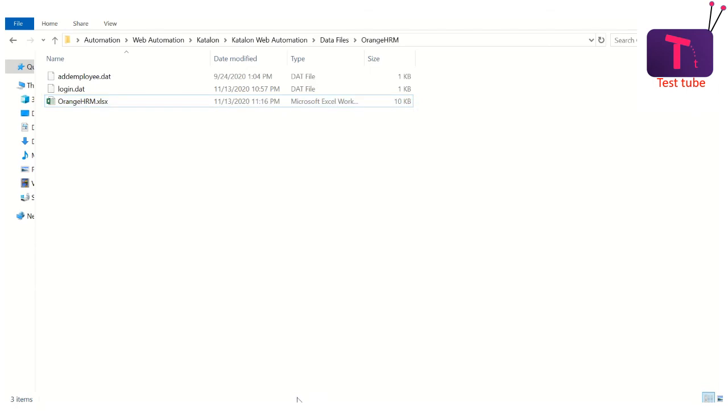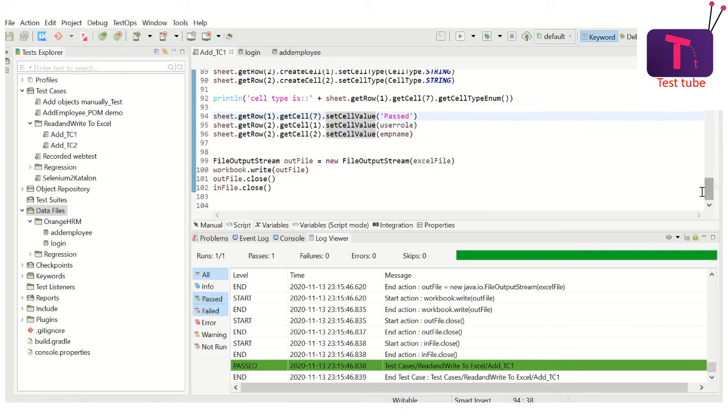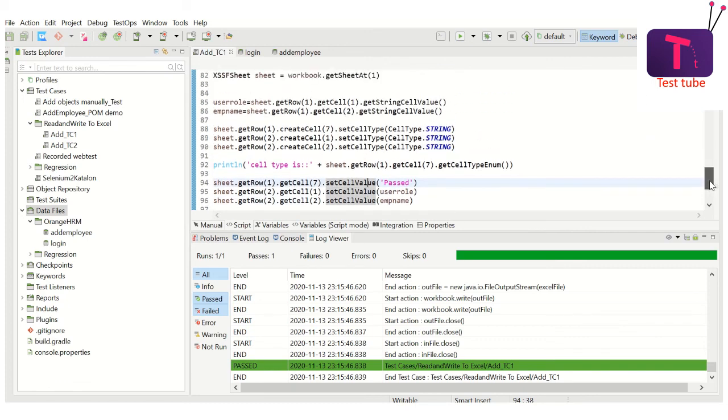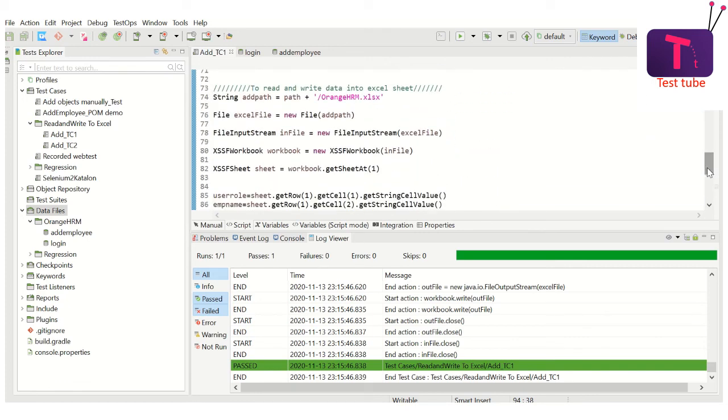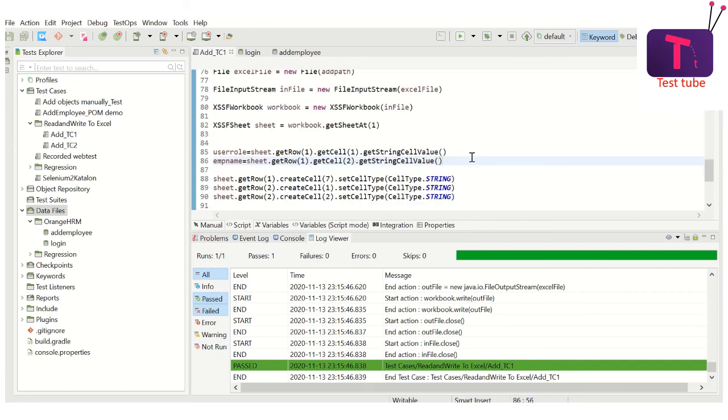In our next session, we are going to see how to do data driven testing in Katalon. And also there is one point I told that we will discuss in our next session. Okay, how to create a keyword to do these read and write operations by yourself, and just call that keyword to write the data into the Excel sheet. So these are the two things which we will see in our coming video.